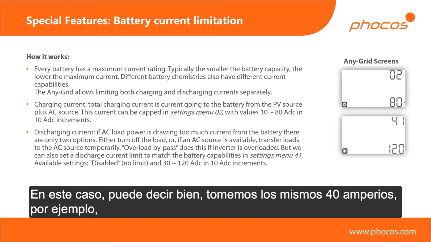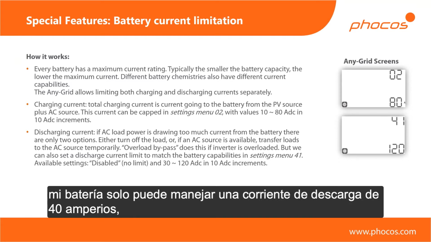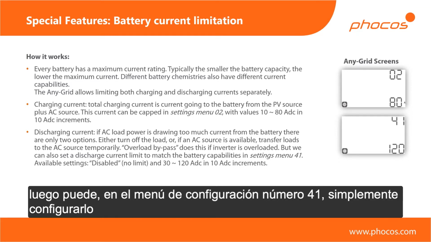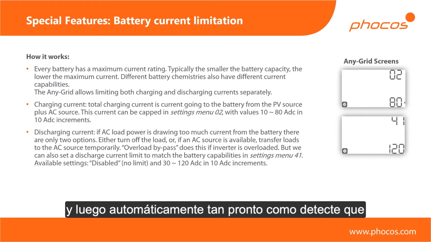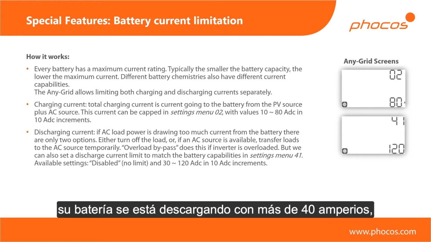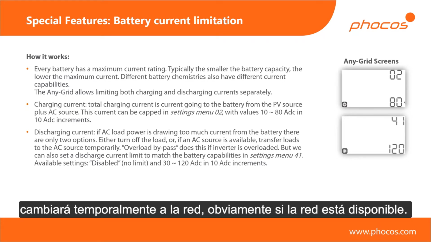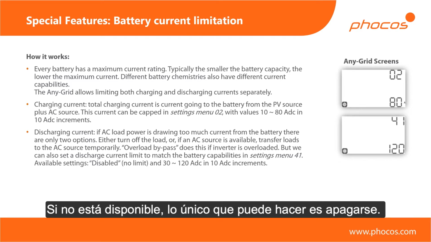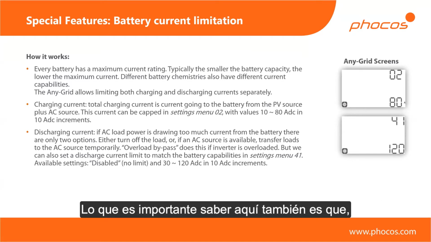In this case, you can say, well, let's take the same 40 amps, for example. My battery can only handle 40 amp discharge current. Then you can, in settings menu number 41, just set that up. And then automatically, as soon as it detects that your battery is being discharged with more than 40 amps, it will temporarily switch over to the grid, if the grid is available. If it's not available, the only thing you can do is shut down. What's important to know here as well is that,